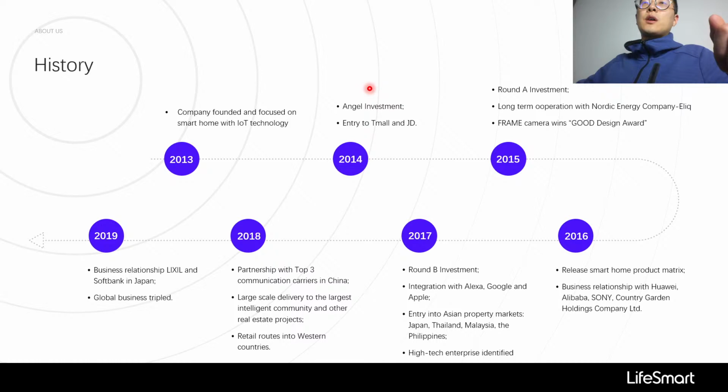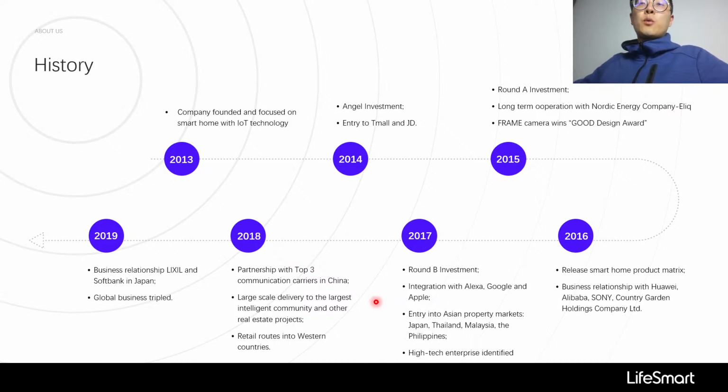We got the angel round of investment in 2014, and another round of investment in 2015. And in 2016, we released our 4 solutions, smart home products. And we started to cooperate with Huawei, Alibaba, Sony, this kind of companies to work on smart home products. And in 2017, we got another round of investment,